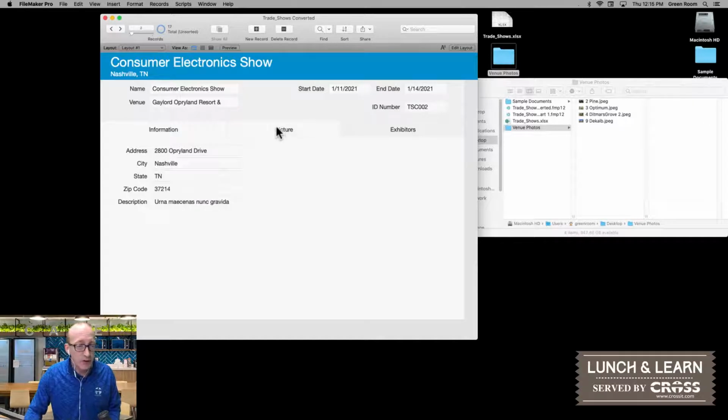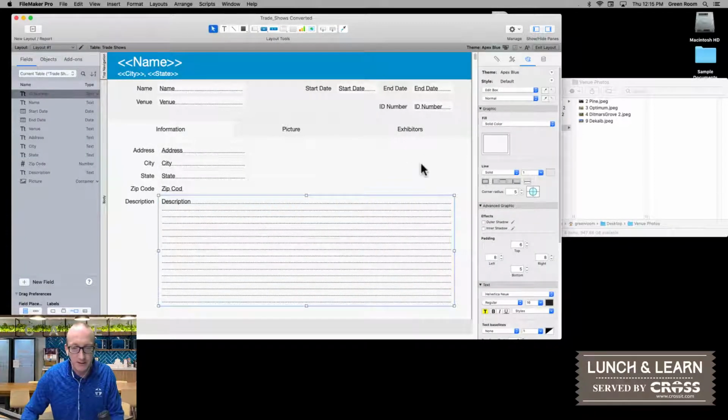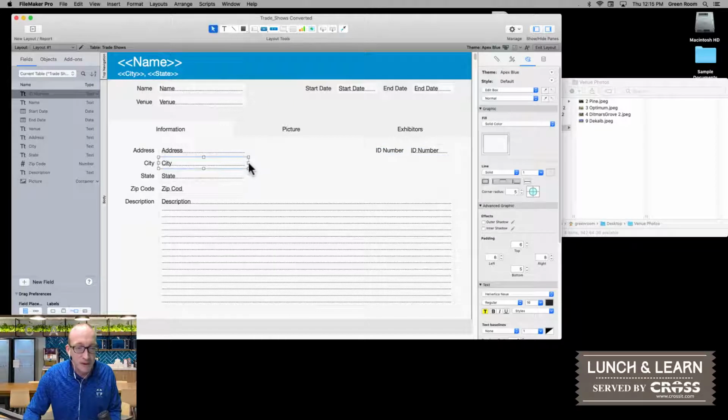Now of course there are a few other things that we're able to do. Obviously we want to resize our description so that we can see that. The ID number probably doesn't need to be front and center, so we can go ahead and just put it on this tab, so we only get to it when we want to see it. And also we have here our city, state, and zip. That's very common, so people are going to know what that is, so we can just go ahead and resize these here a little bit, bring them up,